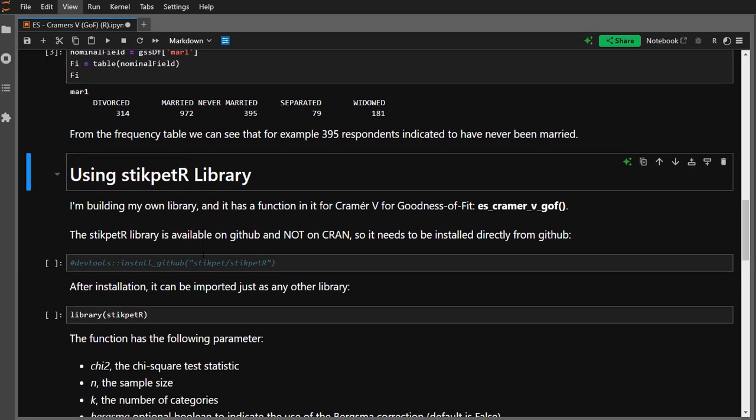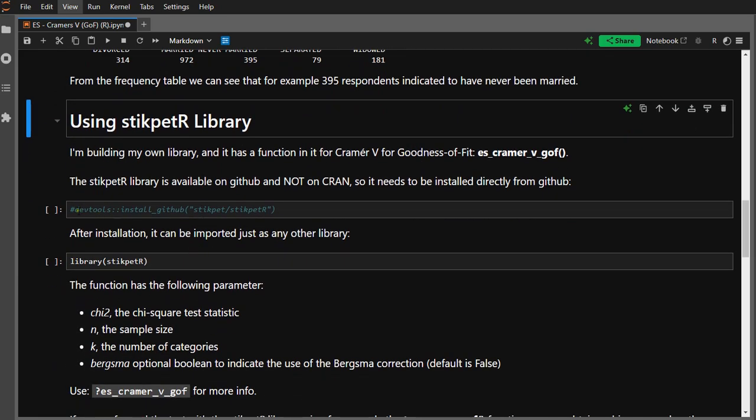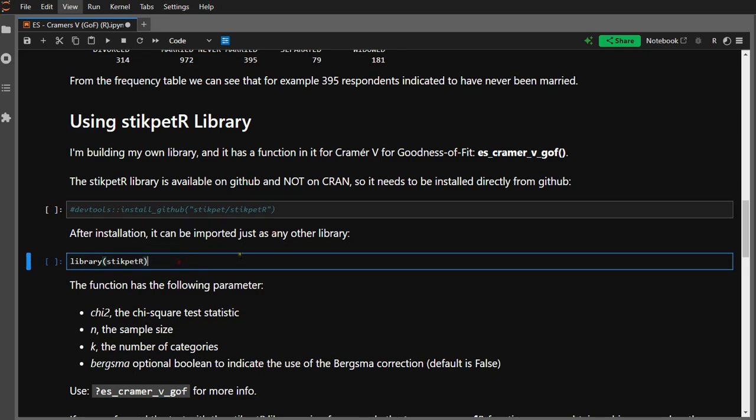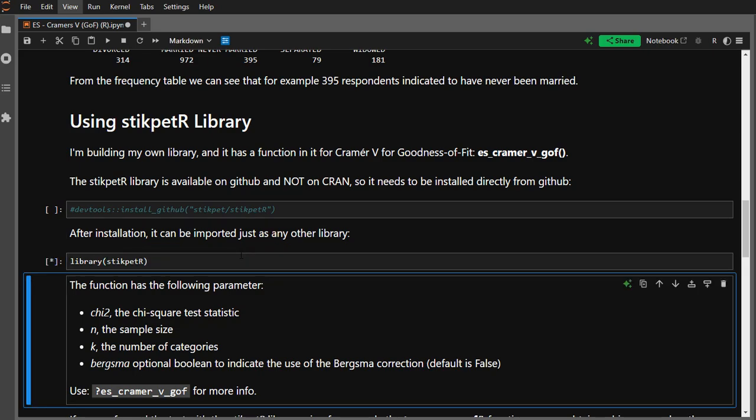My library is not available on CRAN, so you will have to use devtools, or another way, to install it from my GitHub at stikpet and then stikpetR. Once you've installed it, you can load it just as any other library, and then the function for Cramer's V goodness of fit will become available. It requires the chi-square value, the sample size and the number of categories as input, and there's an optional Bergsma